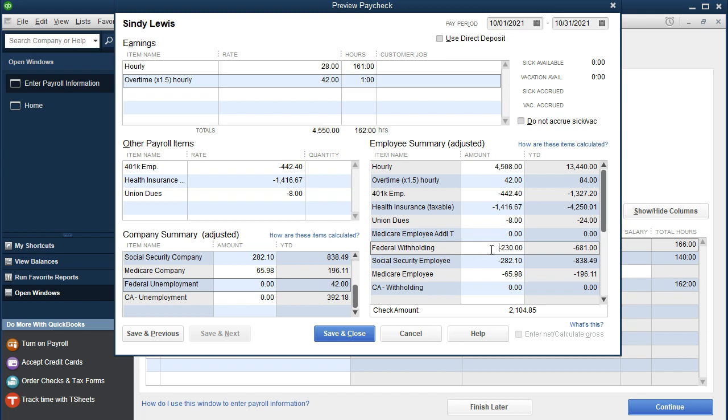The federal withholding we're going to enter at 230.00. The Social Security we will enter at 282.10, and the Medicare we will enter at 65.98. That gives us a net check of